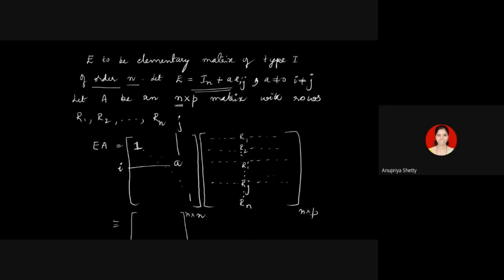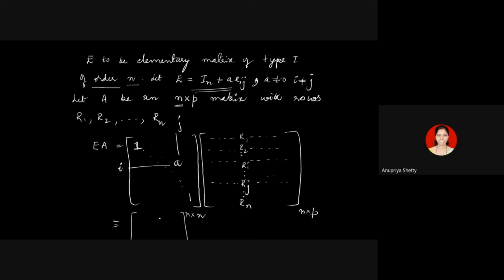If you can recall the definition of multiplication which we have given, you have to multiply the ith row of the first matrix with the jth column of the second matrix. If I have to get the 1,1 entry of the product matrix, say AB, I have to multiply the first row of A with the first column of B. If I have to get the 2,3 entry, I have to multiply the second row of the first matrix with the third column of the second matrix. That's how the multiplication is.